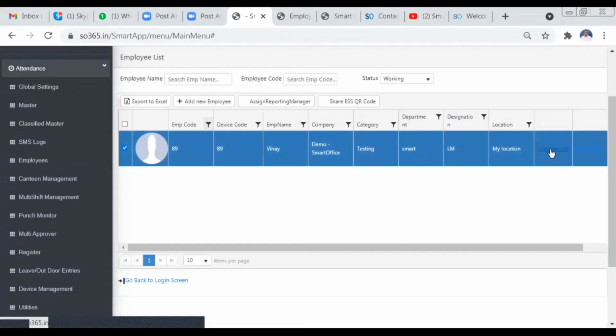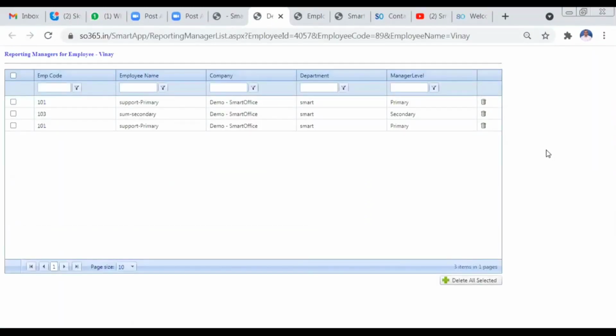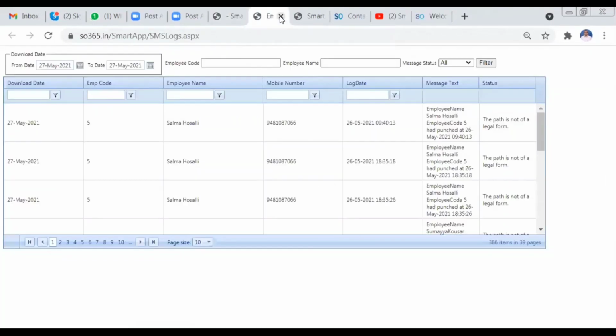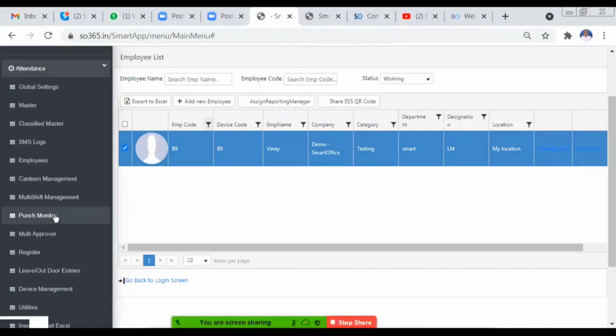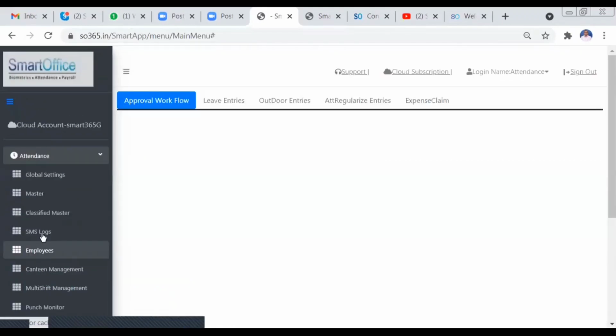In the employee list, you can click on the reporting manager list. You'll be able to see who the reporting manager is. In the last webinar session, we already explained the multi-level approvals, or multi-level management: primary reporting manager, secondary reporting manager.